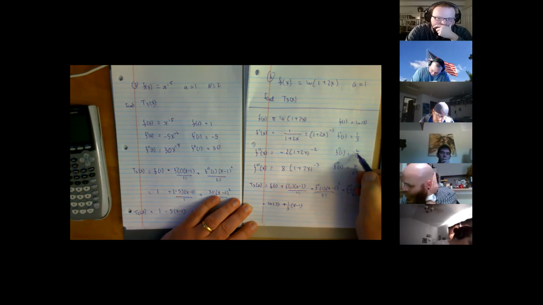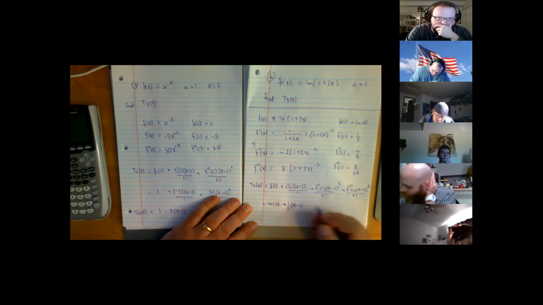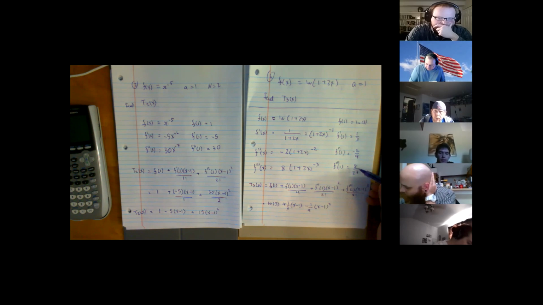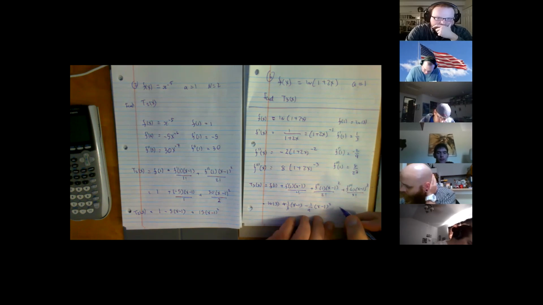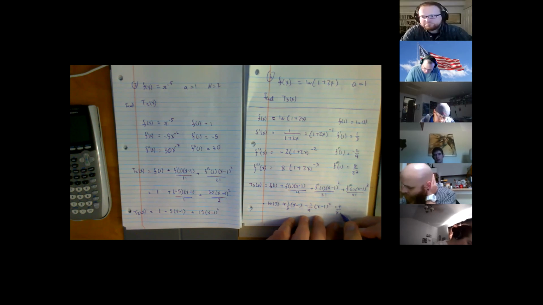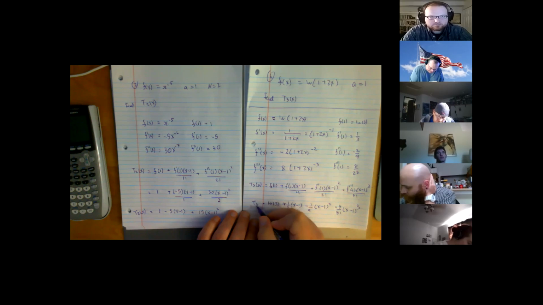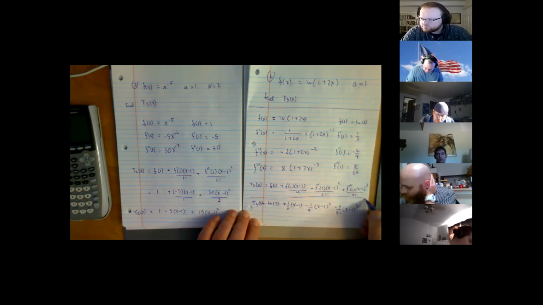This guy is -2/9, but that's also over 2, so that gets me -1/9. This guy is 8/27, and that is over 6. The 6 and the 8 will partially cancel. It'll give me 3, it'll give me 81 and 4. So I believe you get 4 over 81, but you may want to check that later. That's all we need to worry about, is to find that guy.